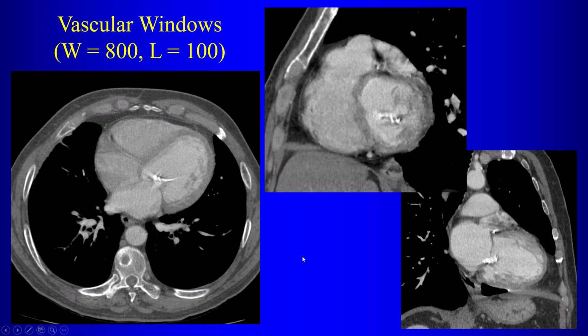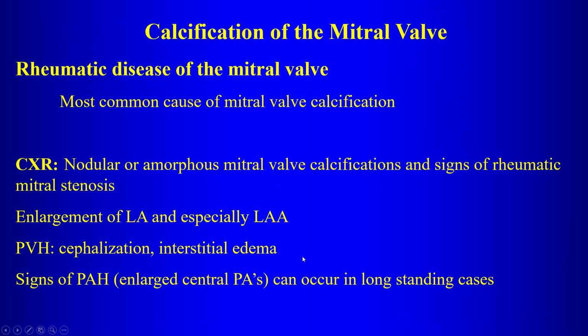And so mitral valve calcification can be associated with rheumatic heart disease. So the most common cause of mitral valve calcification is rheumatic heart disease. On the chest radiograph, this may be nodular or amorphous calcifications. It is actually quite unusual to see calcification of the mitral valve on chest radiograph as opposed to calcification of